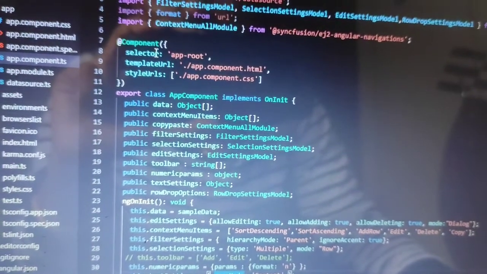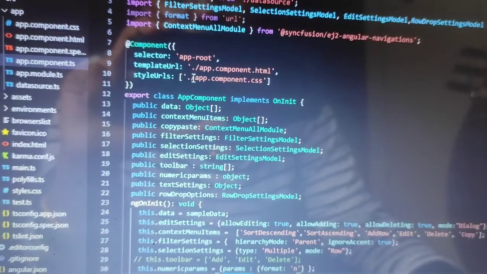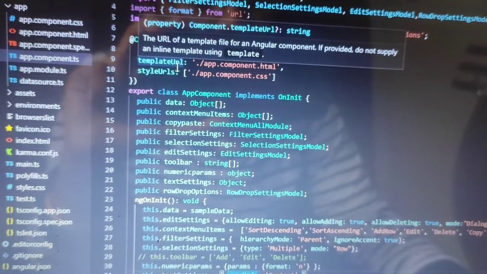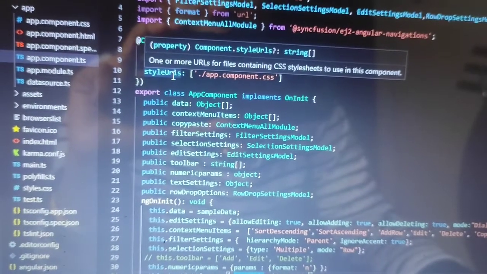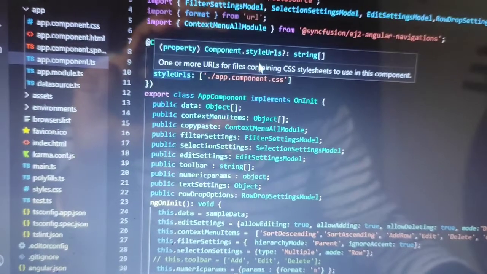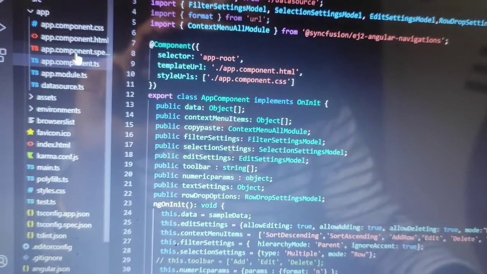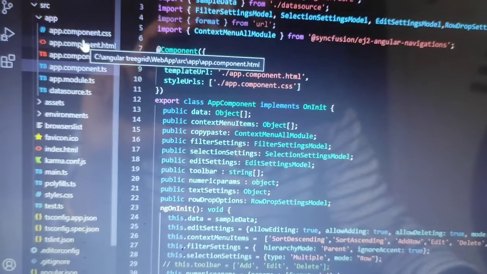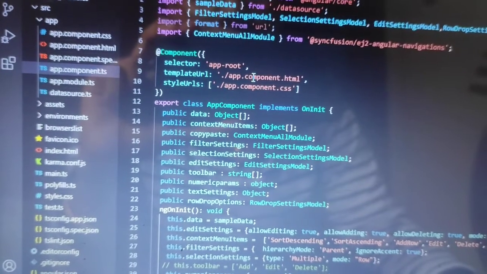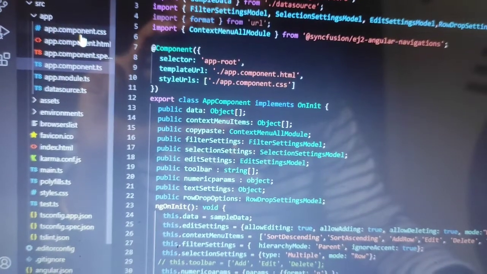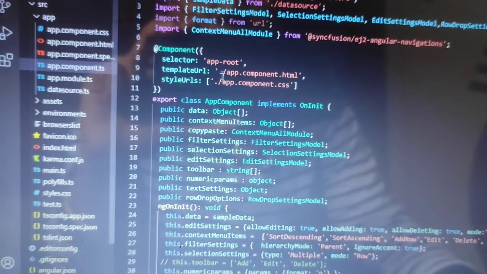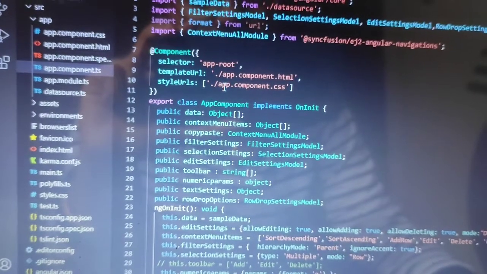So the components here are selector, template URL and style URL. So the template URL, all the components which we have given in the HTML file, we have given the URL in the template URL, and the style of this component, the CSS file, we have given in this URL.